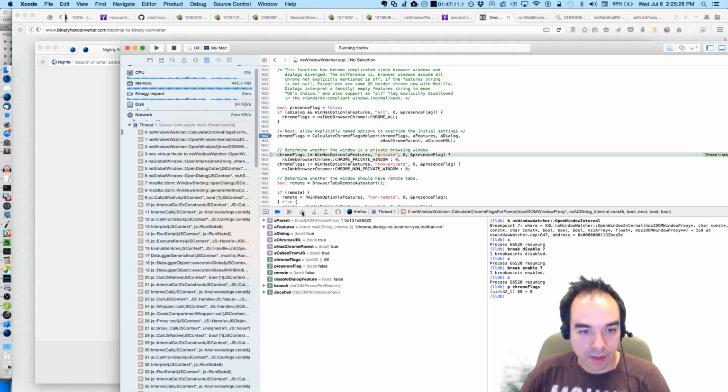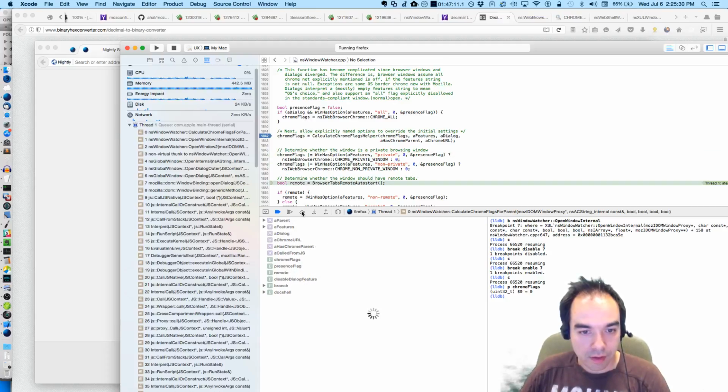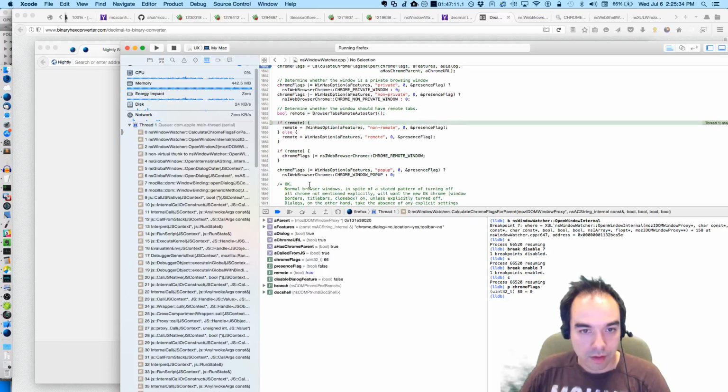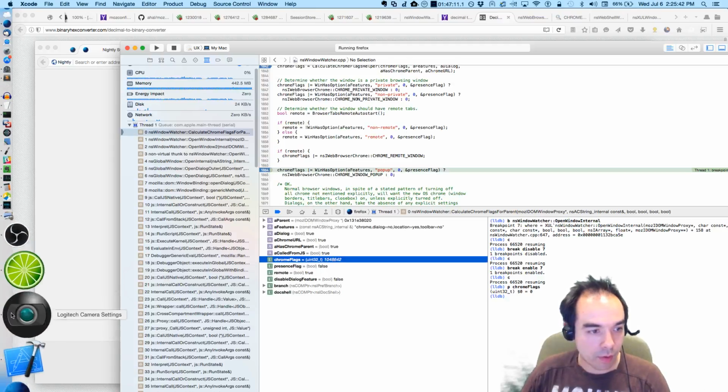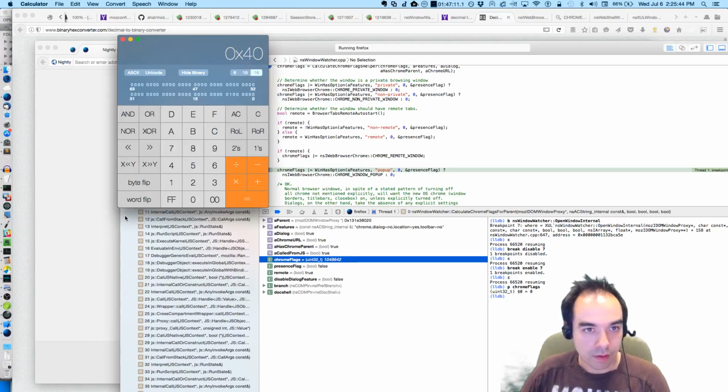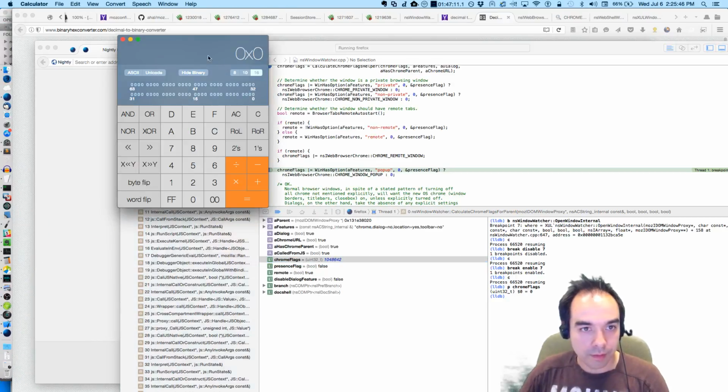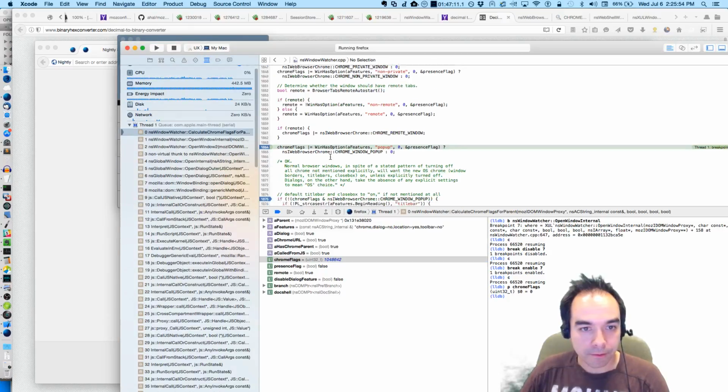So now Chrome flags is 66 as we would expect. Chrome flags is now this value, which is probably okay, because we still have that bit there.